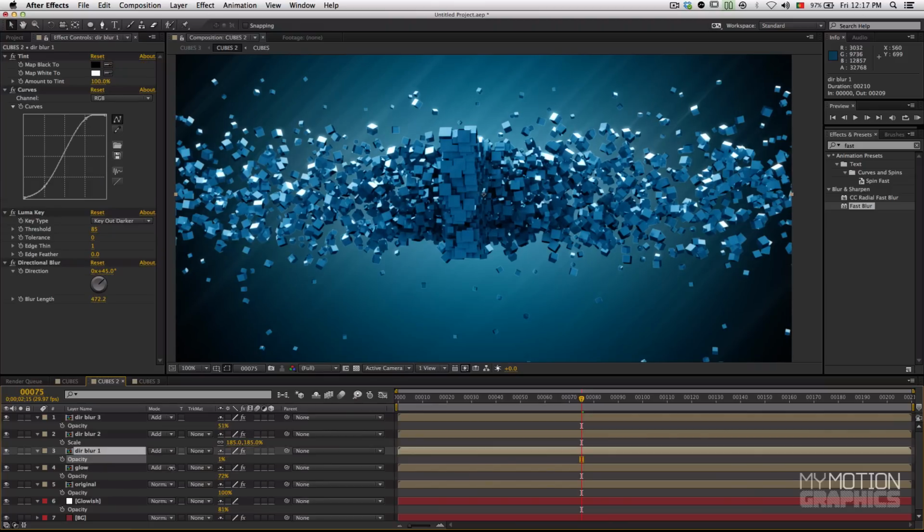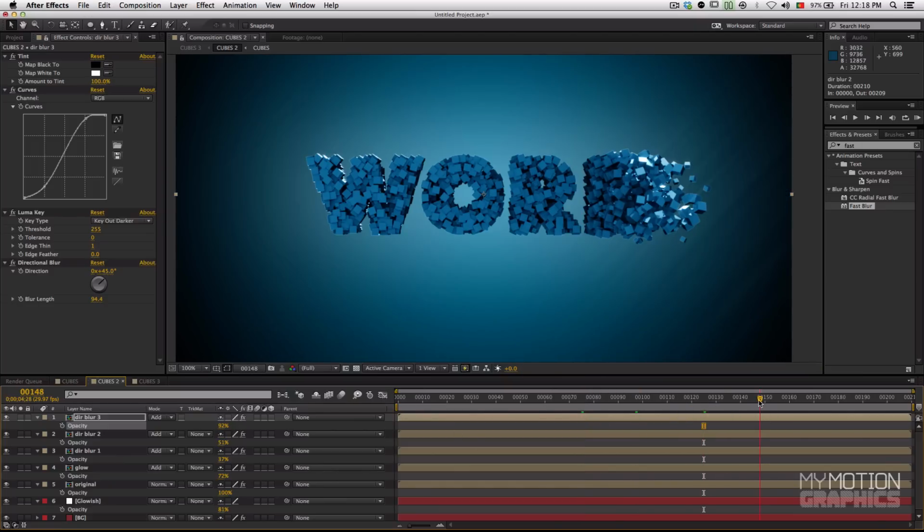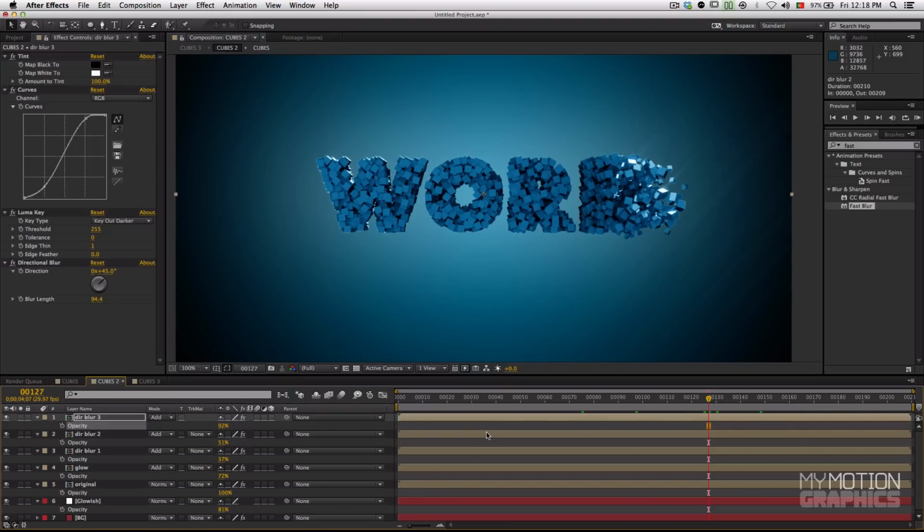And these directional blurs, we also want to do the same thing. We don't want too much, we don't want too little. So we really need to find the sweet spot. And the time you invest during this process is also very helpful, and it will determine the quality of your overall work. So obviously I'm not gonna spend too much time on this, but I think that this looks pretty